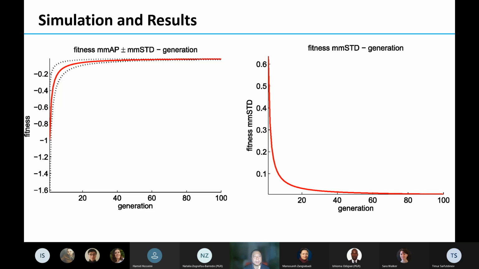In the middle is MMAP in the dotted curve. The left-hand dotted curve is the MMSD, which describes the evolutionary range of this optimal design. On the right-hand side is the MMSD. You can see it goes down very quickly and steadily, which means it's very stable and converges to the steady status very quickly.